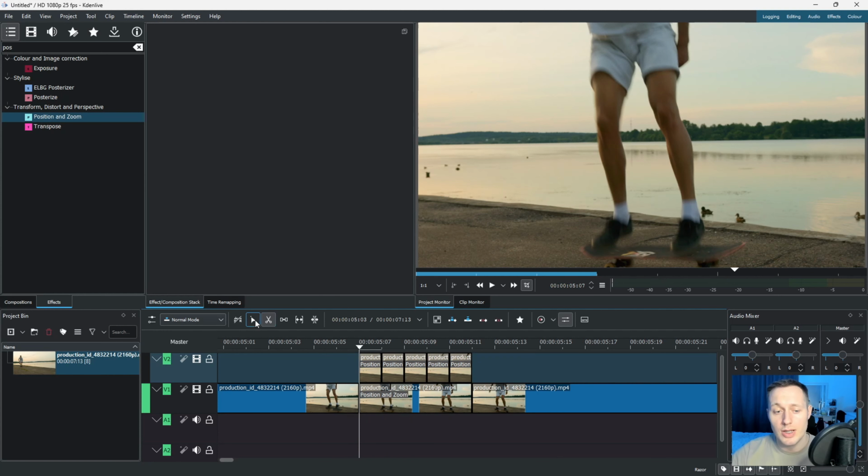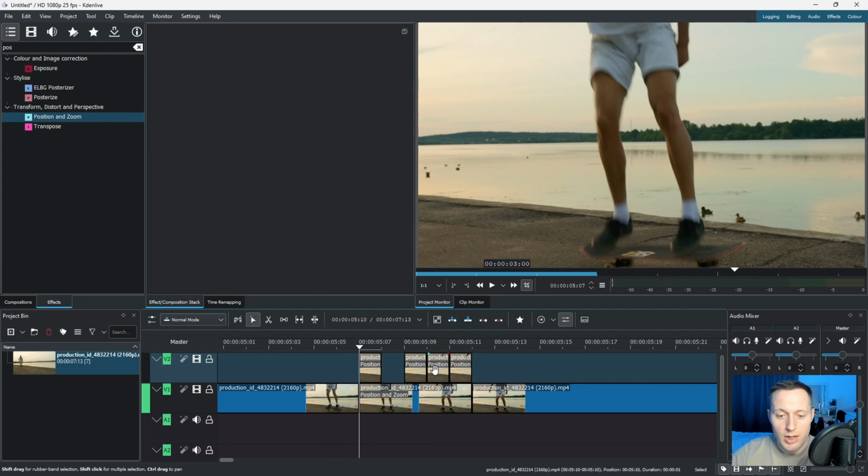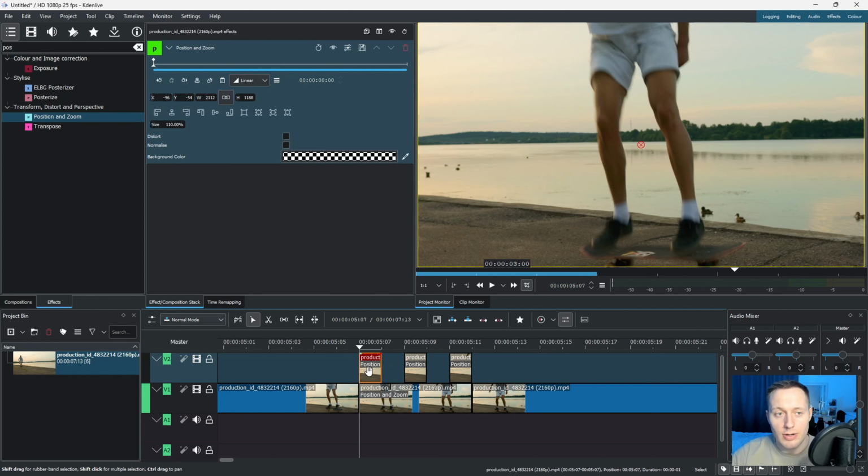Okay, now deselect the scissors and now delete every other part of this video. So I'm keeping the first one, deleting second, and deleting the fourth section here. Okay, now I have 3 sections left, and what I have to do next is select the first section here,